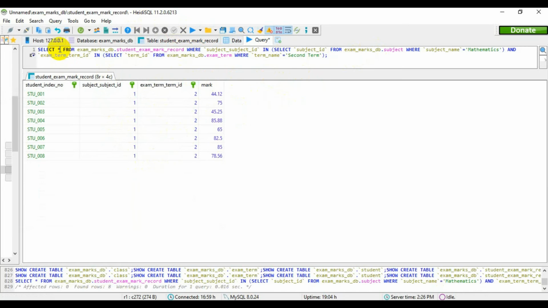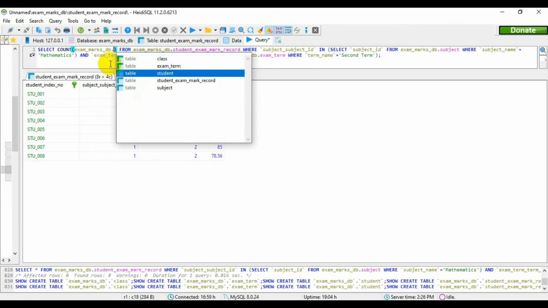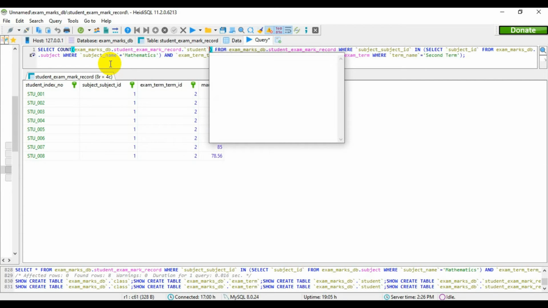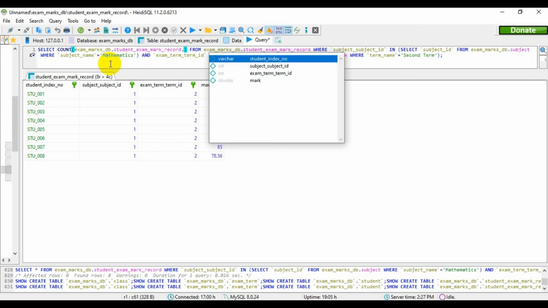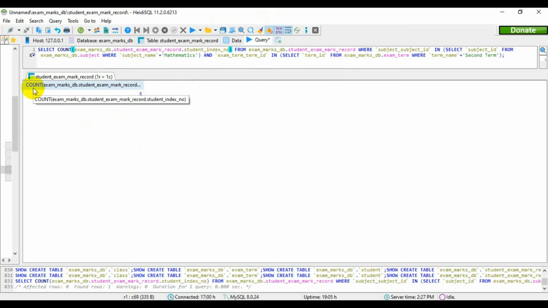Now what I have to do is count the details. Count, database dot table name. I just have to count the student, count the column itself, student index. Now once I run this query, it gives me the count as 8, and